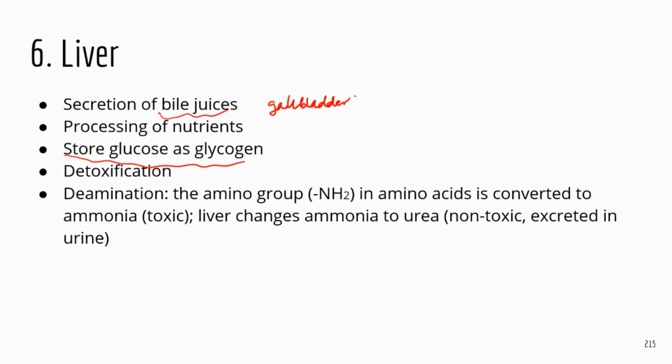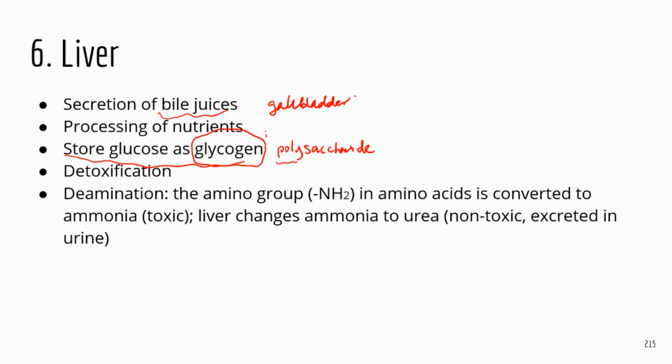Now, when you eat food, when you eat carbohydrates, they're digested to glucose, and then all the glucose molecules are absorbed into your body. We often have an excessive amount of glucose, and that's when your body will store the glucose for future use, right? When we have a low blood sugar level, that's when you mobilize the excess glucose that you have saved before. So how do we store glucose? We store glucose as glycogen. So glycogen is a polysaccharide.